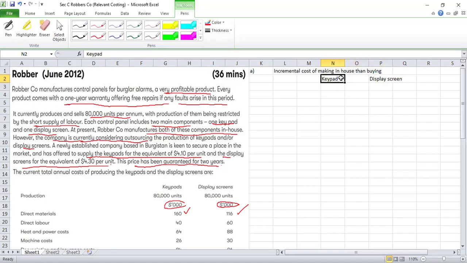Here we have keypad and here we have display screen. Okay. Now the first one is what? First one is variable cost. How many variable costs we have? We have basically